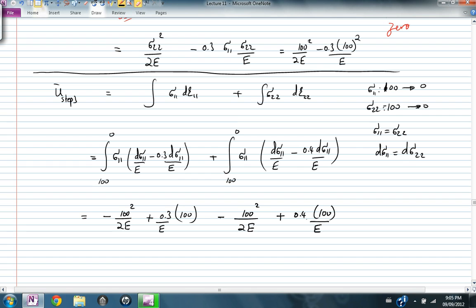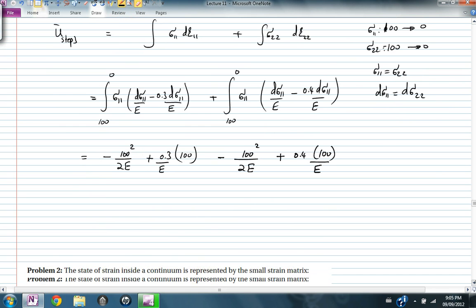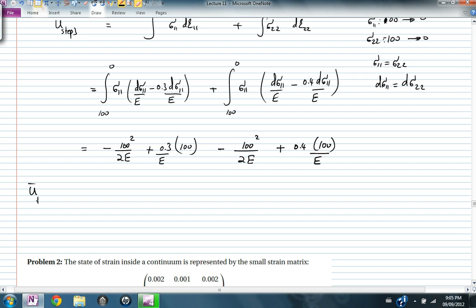Okay, so we have three values of energy through step 1, step 2, and step 3. Step 1 is loading, step 2 is loading, step 3 is unloading. So let's sum: U total has to be equal to U from step 1 plus the energy from step 2 plus the energy from step 3. So if you add all the above together, you will find that the total U will be equal to the following: